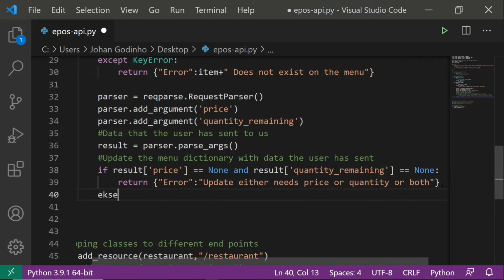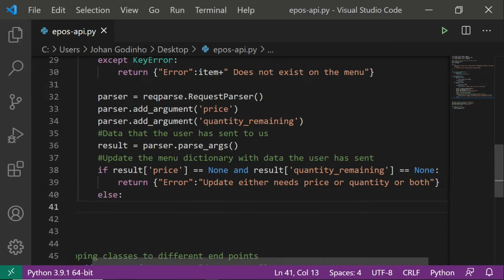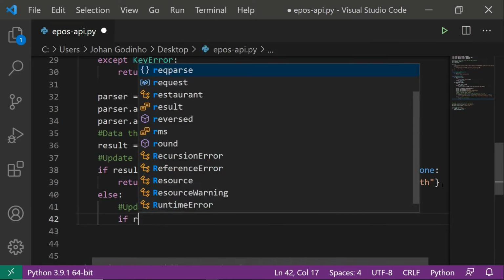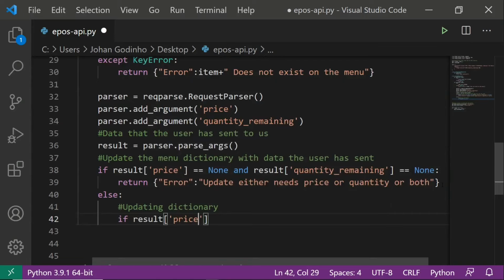And then as else, we can basically do the rest of the checks. So we can do an else statement up here, and then we're going to update the dictionary. So we're going to say updating dictionary, and then we can do an if here. So we can say if the result and price, so basically the price data that the user sends us, if the data for price